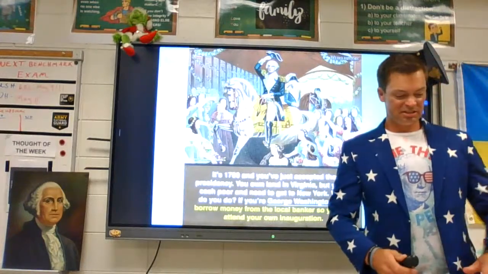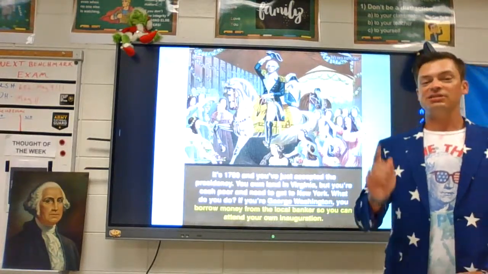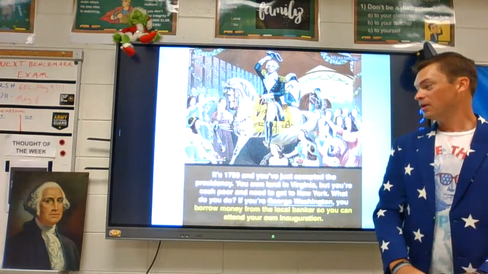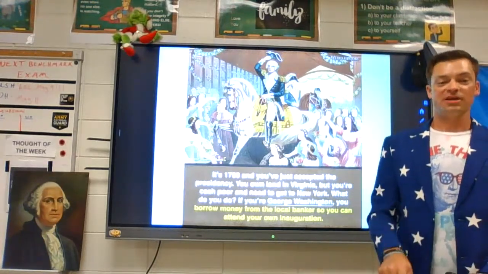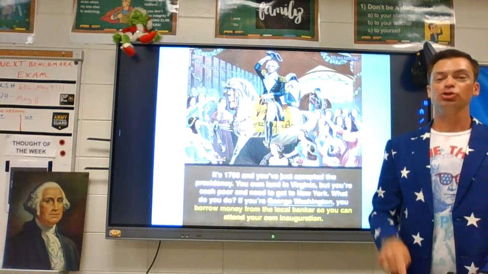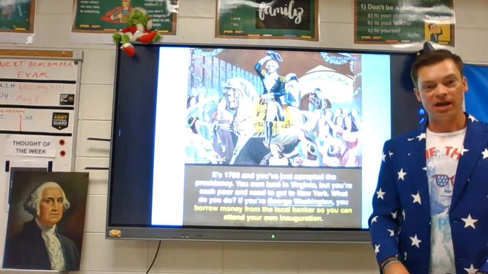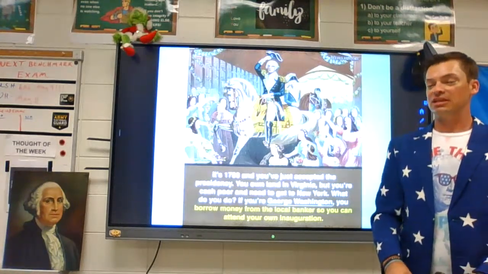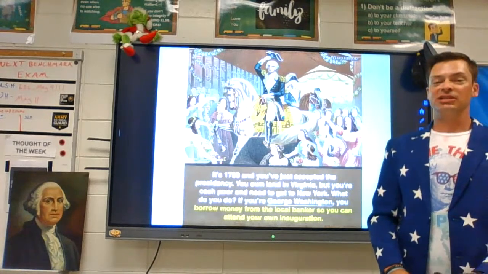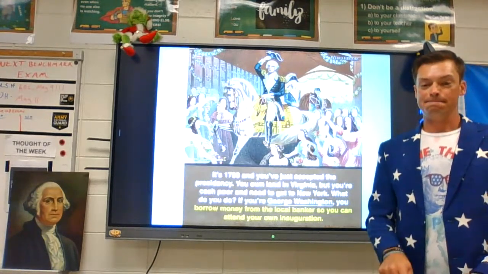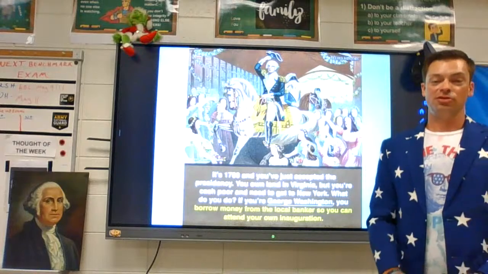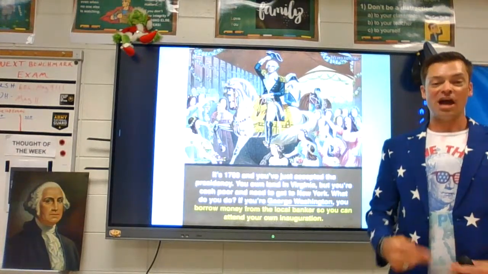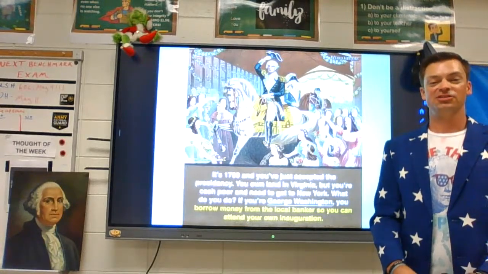Of note, this is like a little extra fact about George Washington. Here's why I can believe that he was a servant of the people. Because when he won the presidency, he literally had to take out a personal loan to go to his own inauguration. At the time, the capital city was in New York City. No, not Washington, D.C. And we'll talk about that in a second. But George Washington, in order to get from his home in Virginia to the capital of the country in New York City, had to take out a personal loan in order to travel and pay for his inauguration festivities.